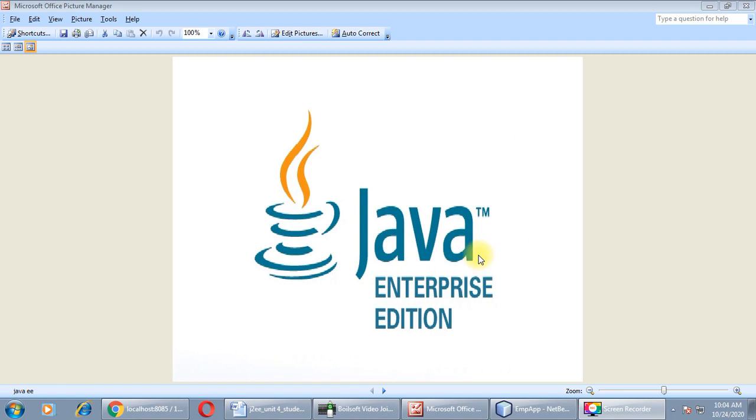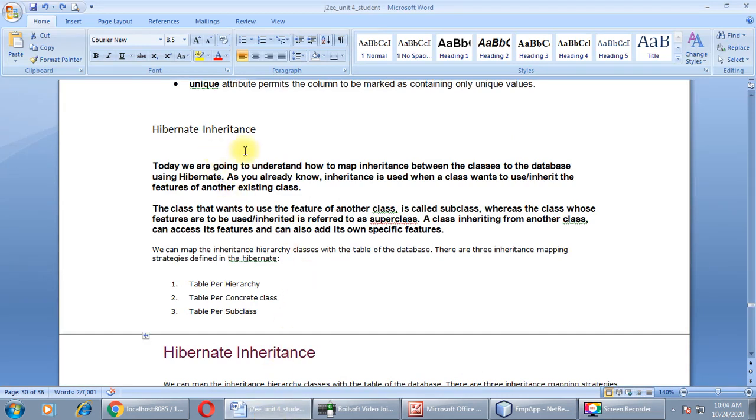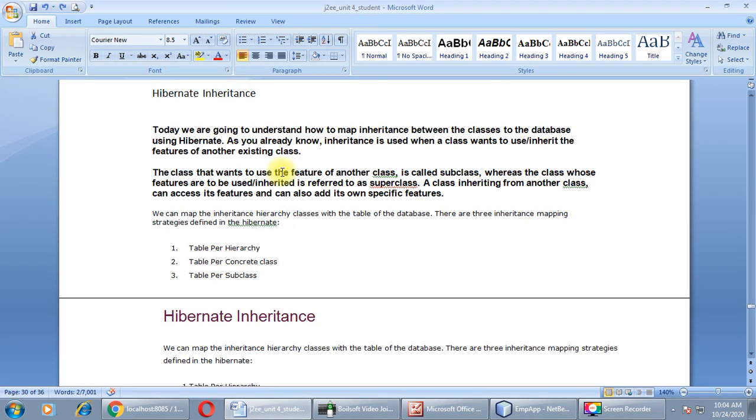In the last session of J2EE, we completed our example of Hibernate, and we have also covered how you can create your annotation POJO file, right? In today's session, we are going to cover Hibernate Inheritance. Let us begin. Today, we are going to understand how to map inheritance between the classes to the database using